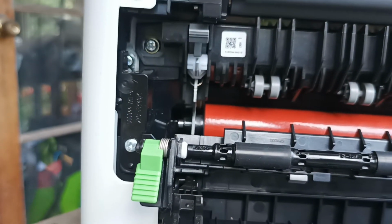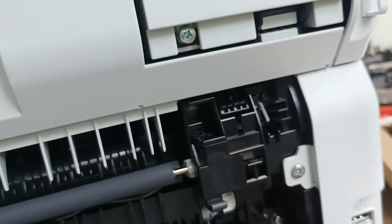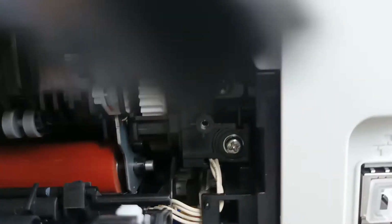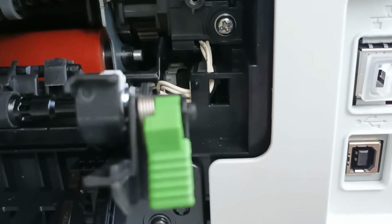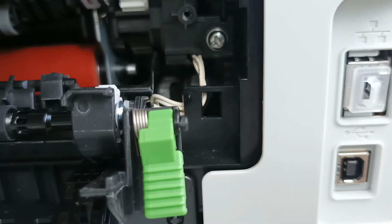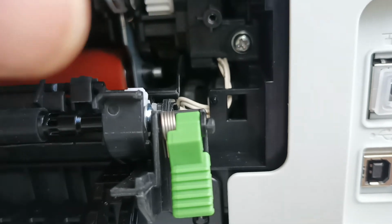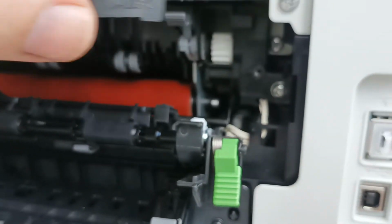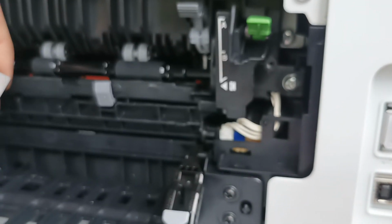Alright, screws back in. Next step, we get the cover plate from this side over here. Now it's very important that this cover plate gets locked in properly. If you do not lock this cover plate in properly, your machine can give you paper jamming messages. When you shut this cover up,